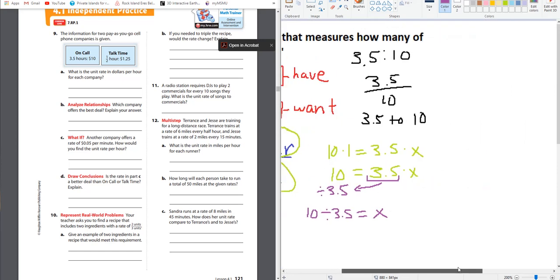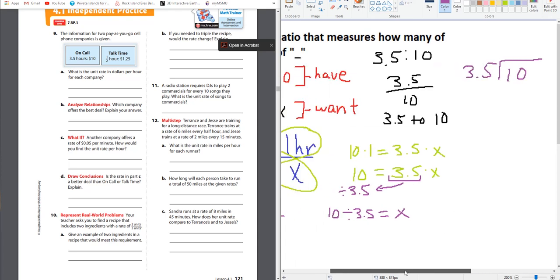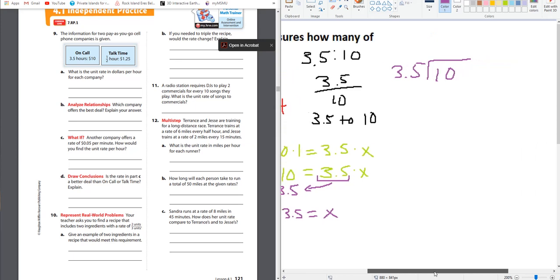Actually, let me see. Do I have room here? Okay. So we have 3.5. Oh no, 10's on the inside. 10 divided by 3.5. Cool. So here, we're going to move this over once. Because remember, when you're dividing decimals, you cannot have a decimal on the outside as the divisor. You have to make it a whole number before you divide. So I'm going to move that there. But because I moved one to the right on the outside,